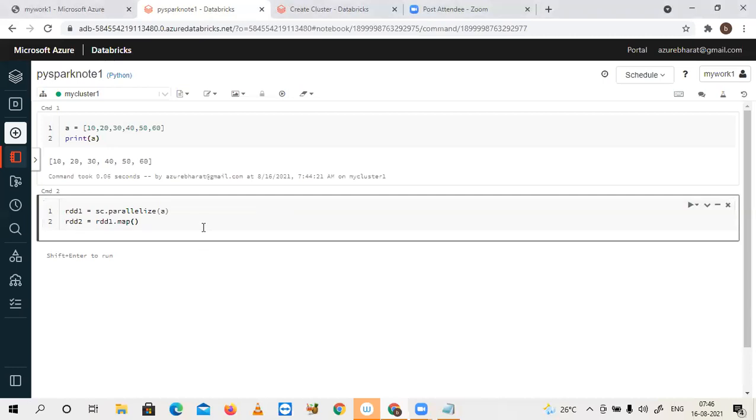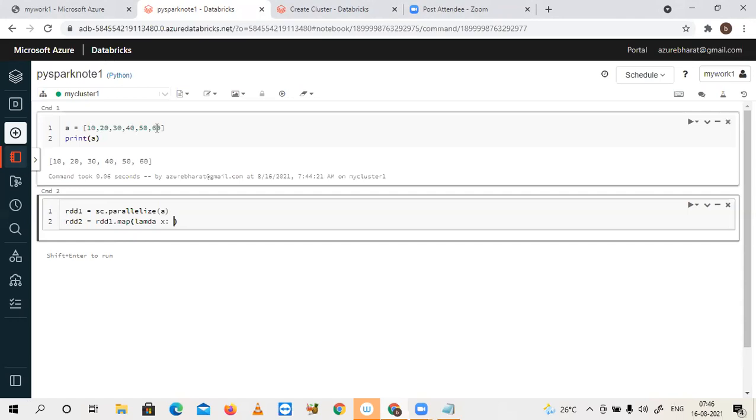Yeah. Okay. Sir, look at this, the values of your initial object: 10, 20, 30, 40, 50, 60. To each element, I want to add a value 100. The transformation style in map is like this: lambda x. This x traverses the entire list collection. Automatically looping will happen. What you are going to do with that x? For each element, I want to add 100.